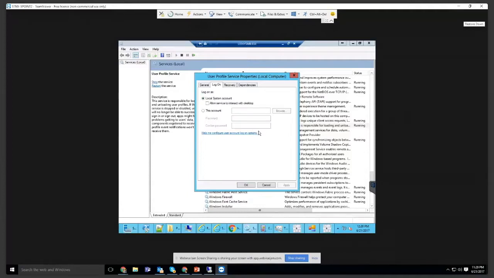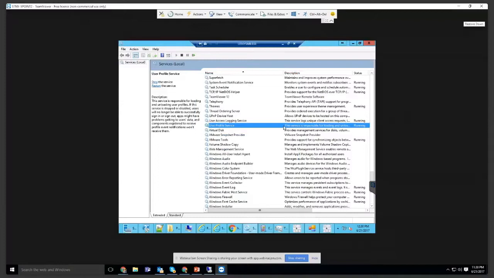In this case, we're using the local system account, but if you're using a service account coming from AD, you have to make sure that if there's a password change or a change of the service account, that those information are changed properly. And another thing that you need to check